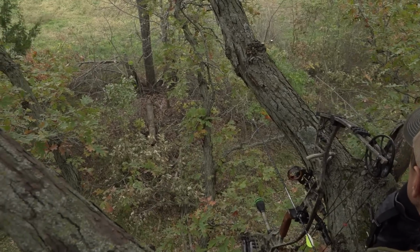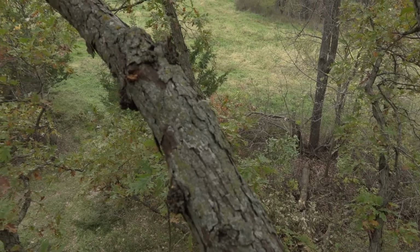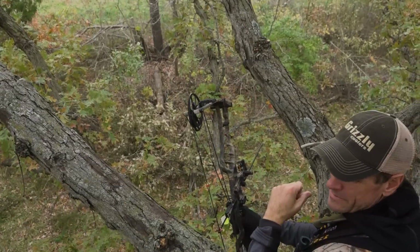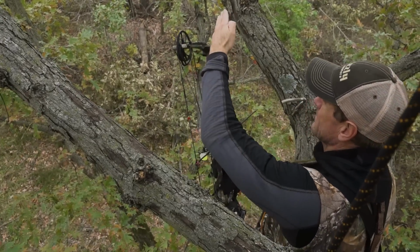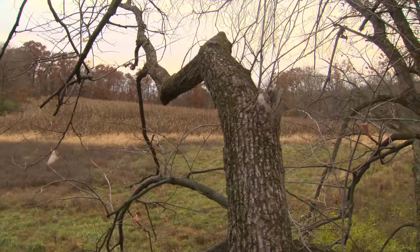But the more I hunted out of these blinds, I realized that there are other situations where they really made me more effective as a bow hunter. You could say, well, it's more fun to hunt out of a tree stand. You can see everything, you got the wind in your face, it's got that full fall feeling to it. You got smelling the leaves, all that stuff that goes with the experience. But there are situations where,